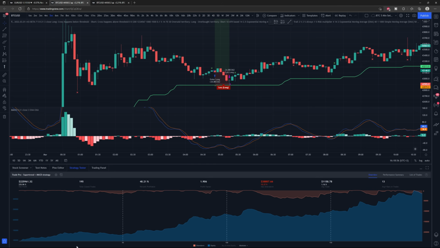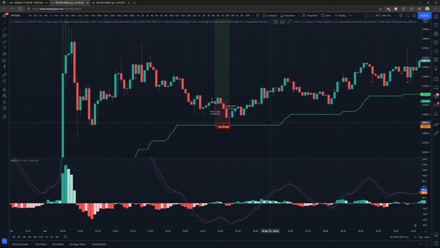If we take a look at the backtest results here, 48% win rate, and you can just know that no matter what strategy you trade, you're going to take a lot of losses, and that's only a natural part of trading. If you don't want to take losses, then unfortunately life isn't for you. So let's go into all the specifics of this trading strategy script and see all the different customizable